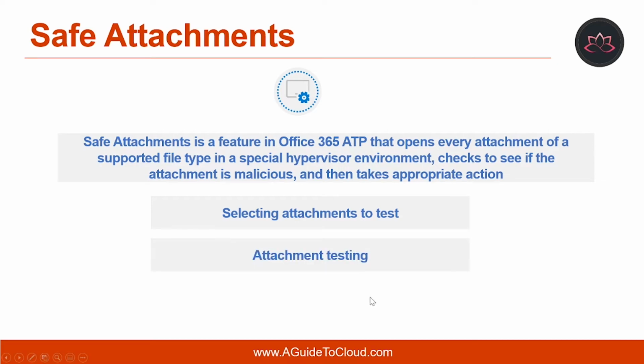The second type of testing is attachment testing. Attachments are tested in virtual environments that run different versions of the Windows operating system and applications. The attachments are executed or detonated and undergo behavioral analytics to determine if the file executes malicious behavior, such as installing a Trojan horse or a virus that makes changes to the registry or system settings that result in the system or network being more vulnerable to attack. The third type of testing is the safe attachments example. Depending on how your policies are defined, people can continue working without ever knowing they were sent malicious files.